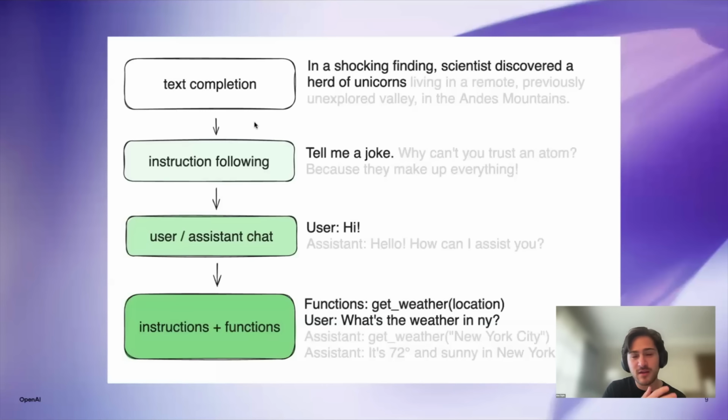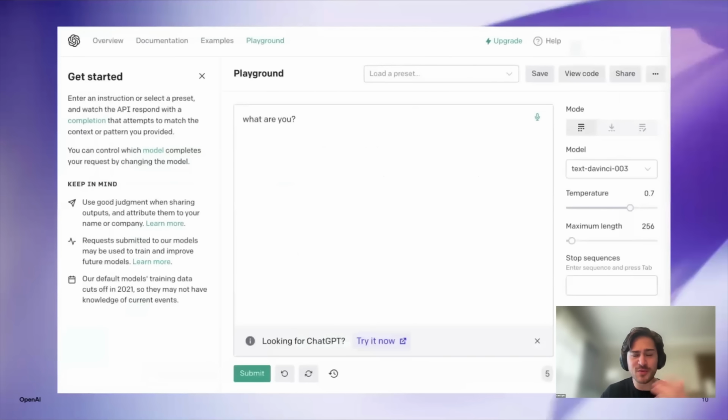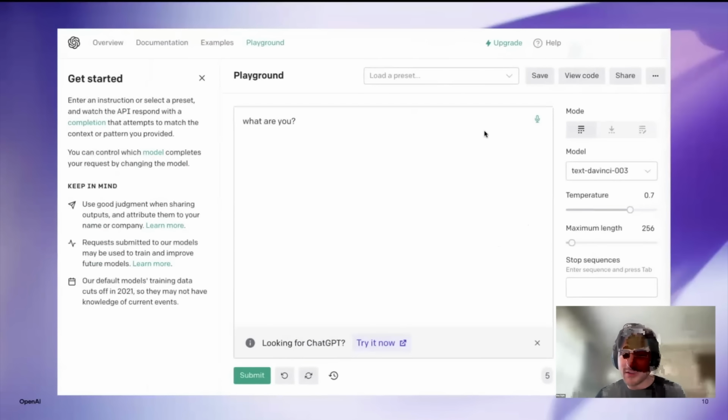Then they introduced, I think this was actually us, instruction following with InstructGPT. Now you could give it some input and it would actually do what you're asking as opposed to just completing. Finally, we started to introduce this notion of users, assistants and roles. This was all done through post-training, where you actually gain these personas. And then we eventually landed on giving it additional tools in order to interact with external state. This is what the previous playground used to look like. As you can see, there's no chat. It's just a window and it'll complete.